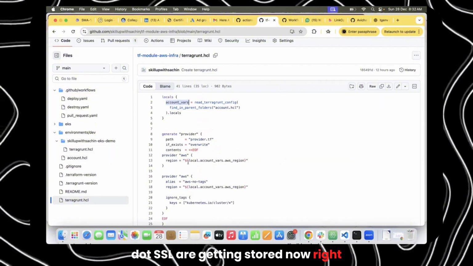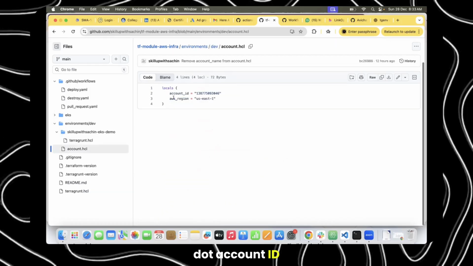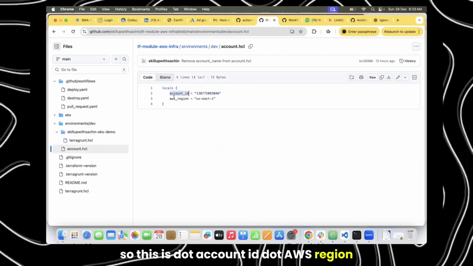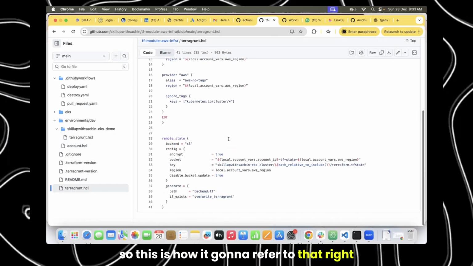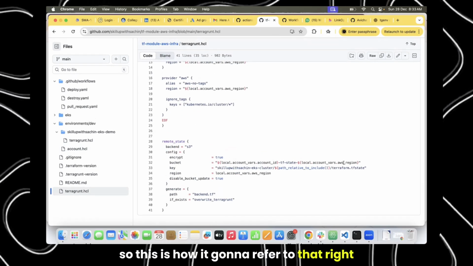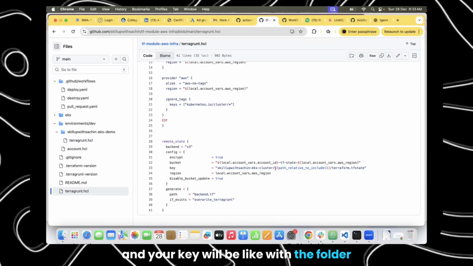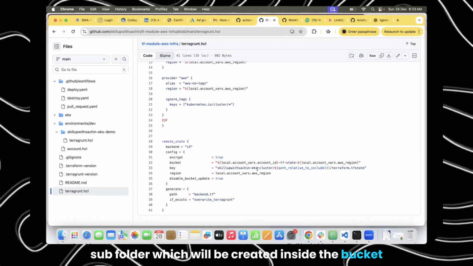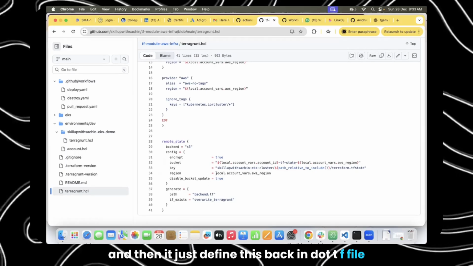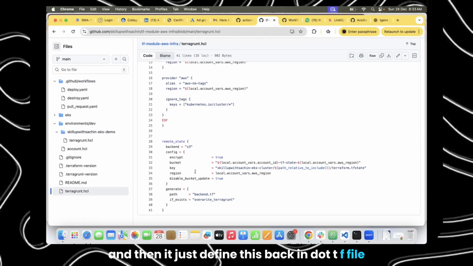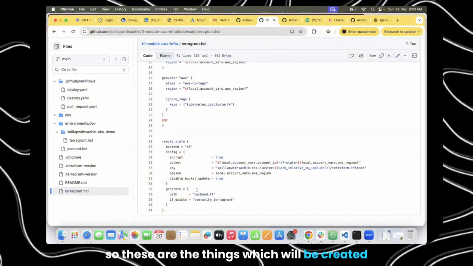So it will go to locals.account_vars.account_id and locals.account_vars.aws_region. This is how it's going to refer to that, right? And your key will be the folder and subfolder which will be created inside the bucket, in this way. And then it defines this backend.tf file for the same. So these are the things which will be created